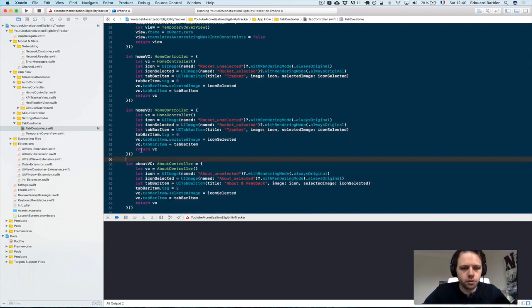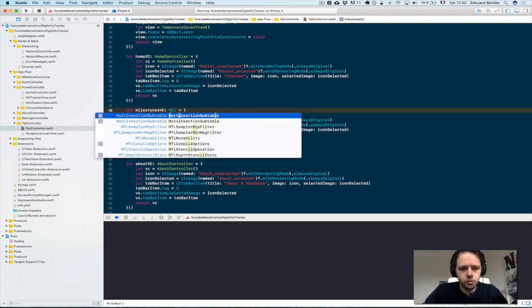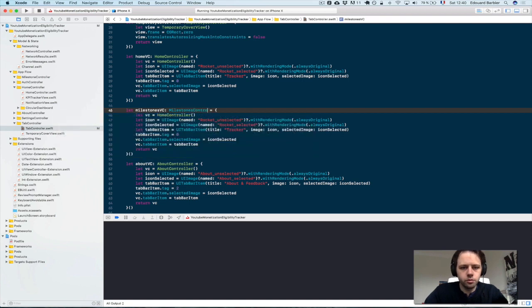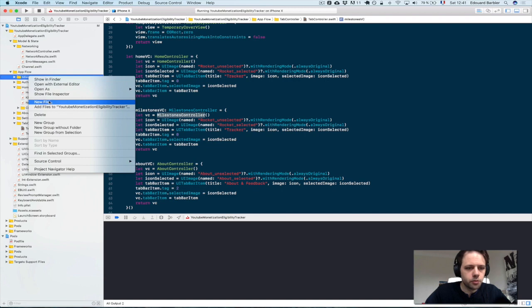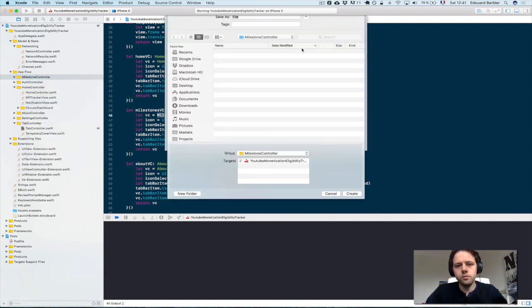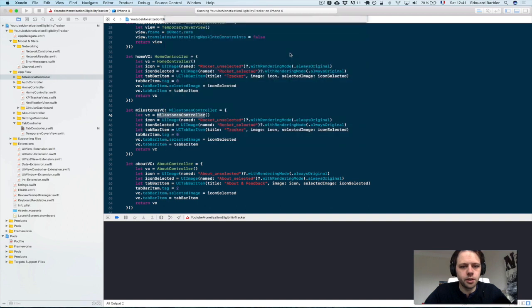So I'm copy pasting the whole thing, and it's going to be called milestones VC, and that's going to be a milestone controller, which we haven't created yet, so we're going to have to do that. And I'm going to do that just now. All right, so let's have a look. I have a folder here, milestone controller, which is empty, and I'm going to add my milestone controller Swift file,